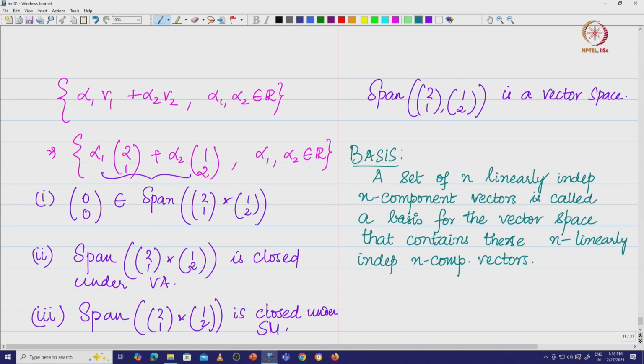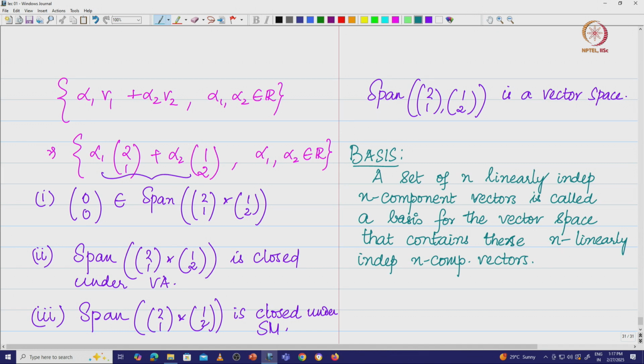If you know what the transformation is doing to (2, 1) and (1, 2), any other vector is going to be expressed as a linear combination of these two vectors, therefore you can study the effect of the transformation on the entire set of vectors. Now we are going to answer the question: what is the strategy you would want to adopt in order to study the effect of a transformation on an entire vector space?